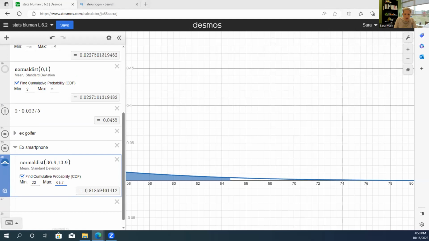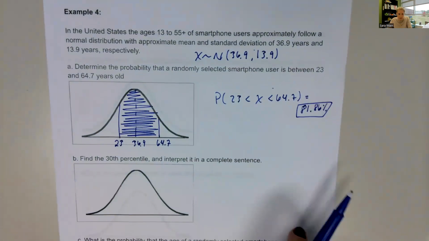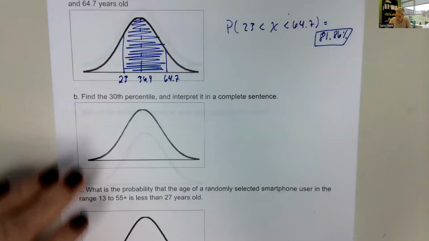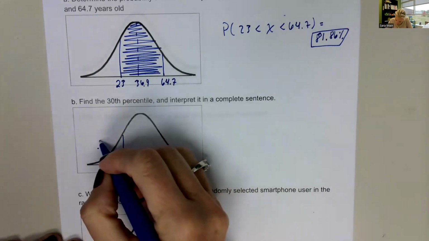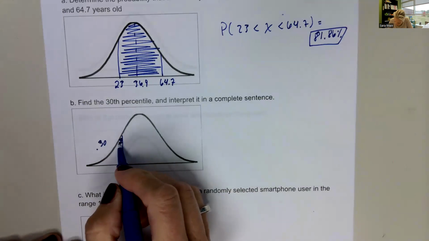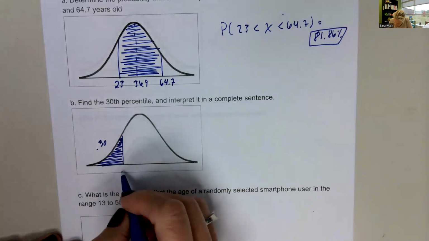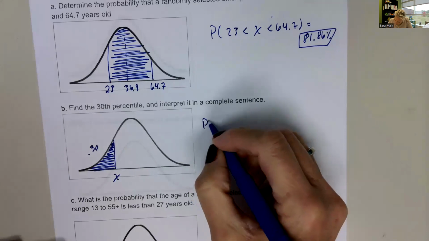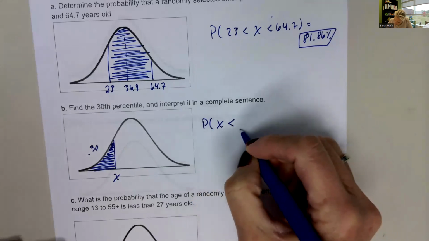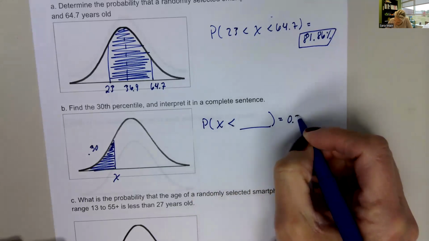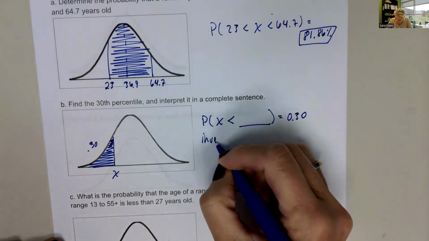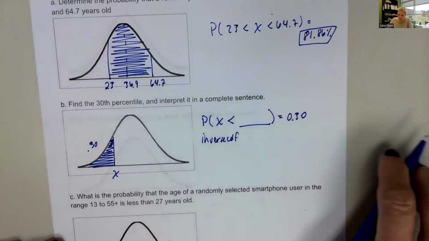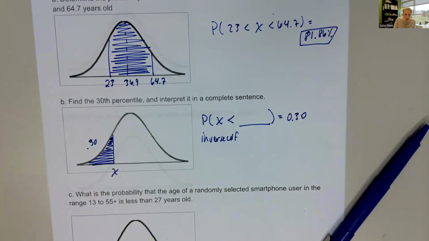Let's go back here to our paper. 30th percentile. So 30th percentile means 30% is below. So I know that's on this half of the graph. So I want to know the probability. I want to find the X where it's the X that marks less than or equal to 0.30. And so I have to use my inverse CDF in this case. And we have 30% is the left